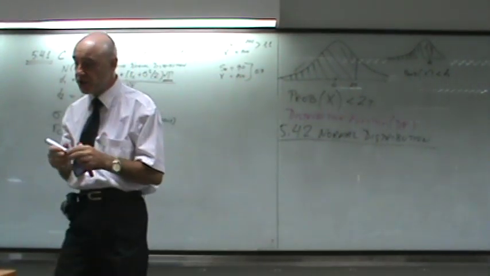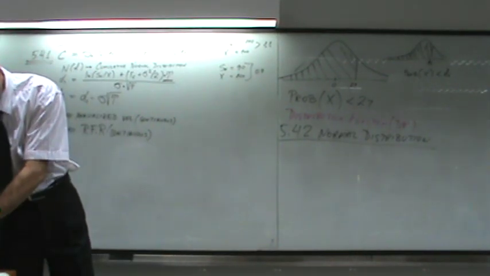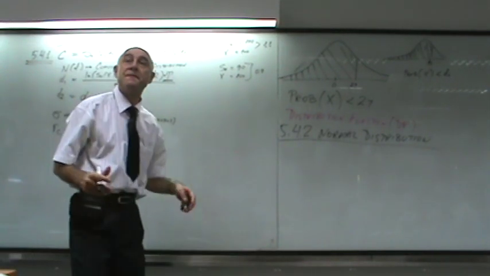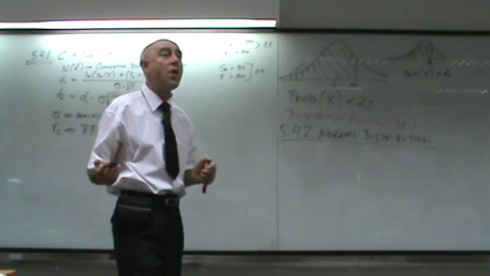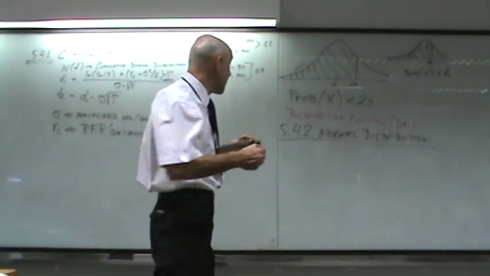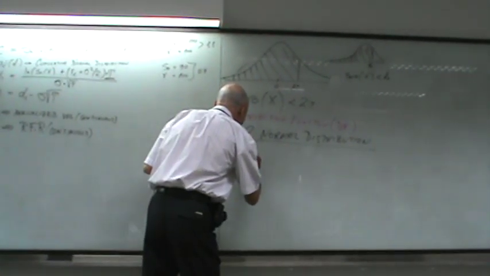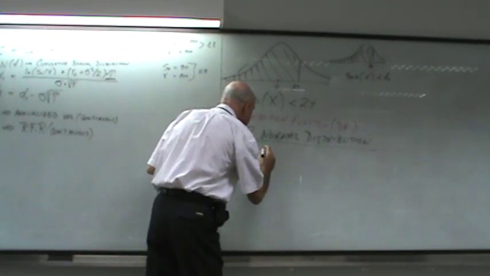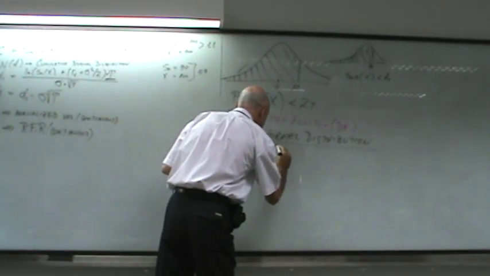When you have a normal distribution, it's got some very, very nice properties. You've all studied them. When you take a range of minus sigma to plus sigma,